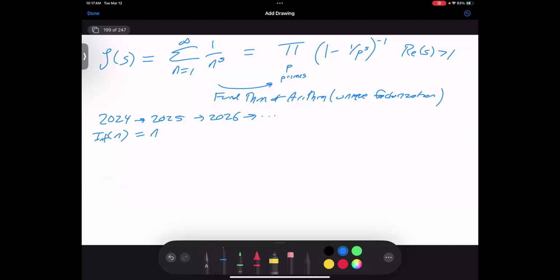The primes are mysterious. So somehow the primes are connected to this function over the integers. And the hope is that by understanding this function over the integers, which we really do in complex analysis, we can deduce information about the primes. So for example,